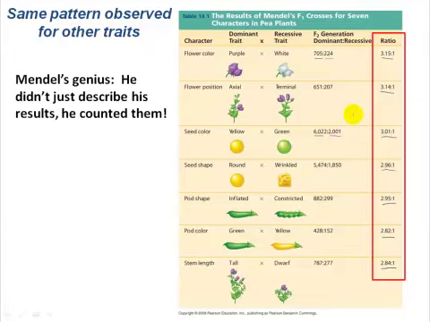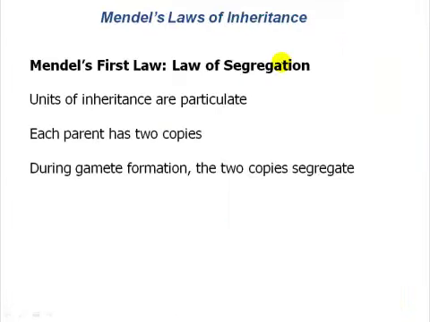So this classic 3-to-1 ratio that we observe in the F2 generation, starting with 2 true breeding parental strains, what was Mendel's explanation for that? Well, we now refer to his explanation as Mendel's first law, the law of segregation. Of course, he didn't refer to it that way in his publication. That would have been extremely arrogant, but that's what we call it, because the basic rules that he worked out and what we now call his laws are absolutely true and still hold true today.